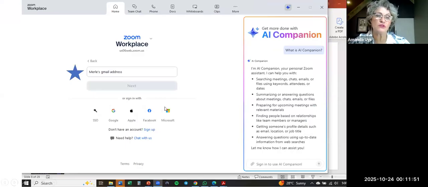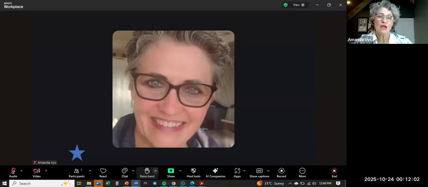You're going to sign out of your user ID and you're going to sign into Merle's user ID. Once you've signed out, it will bring up this screen and you're going to type in Merle's Gmail address, and the next screen is going to be Merle's password. And you're going to see my face a lot now because I use this to make the pictures. All right. So now you are the first person on Merle's meeting.